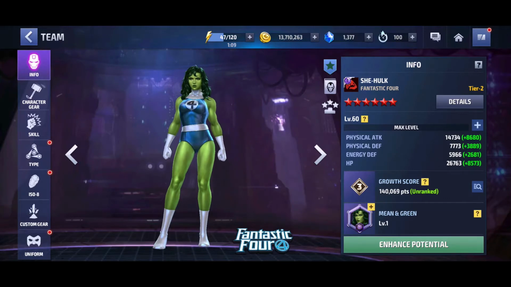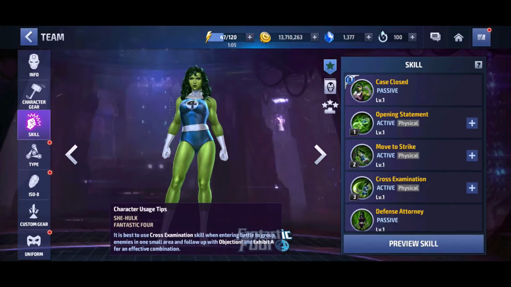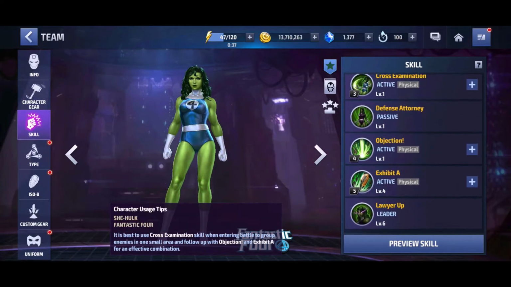Especially if you already equip Seahawk with the newest uniform, and if you check her skills, well, I haven't fully upgraded the skills of my Seahawk, but in this game there are 2 types of skills. The first is the active skills, the second is the passive skills. And out of these 2, you may already know, especially many of you who have played this game for a long time, that there is also a leadership skill. So when you set up your team,